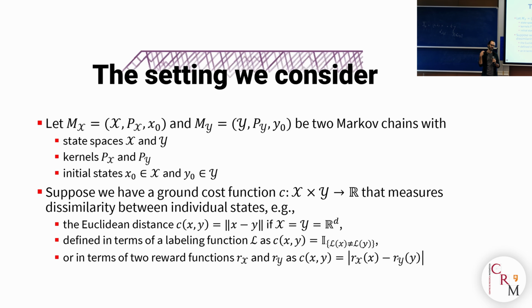So since I want to use the methodology of optimal transport, I need to assume access to some kind of a ground cost function that allows me to compare individual states of the processes, right? Because if I have no way of comparing individual states, then how can I hope to compare infinite sequences of these objects? Which is what I'm hoping to. So some examples to keep in mind are, for example, if x and y are d-dimensional Euclidean space, then you can think of the Euclidean distance, square Euclidean distance between x and y. If, for example, I have some sort of a labeling function that acts on the states, then I can just compare the labels, and that is going to give me a cost function.